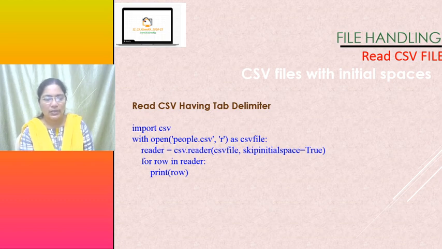See, it's not working in Python 3.7. So it will work in Python 3.8, but you need not worry about this one. You can continue to the next, whatever is as per the CBSE curriculum, whatever the syllabus is there, focus on that only.